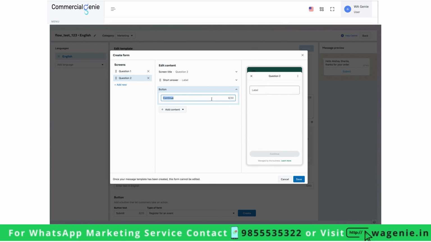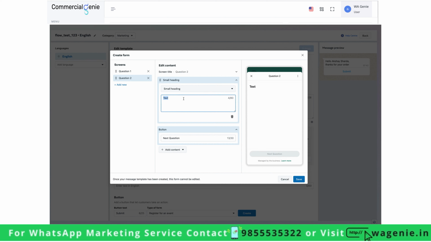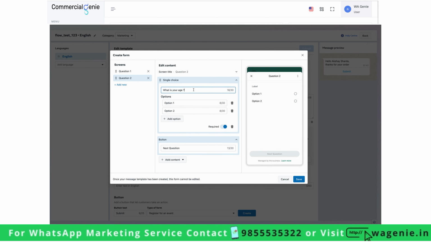The button would be possibly next question, and in the content, so this is the default field. I think it added. I'll have a small heading. So again I'm selecting the option of label. In the label itself I've added the question, what is your age,